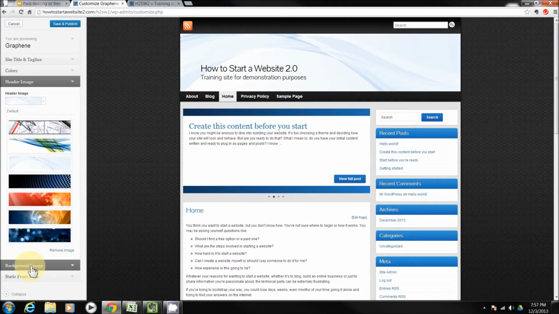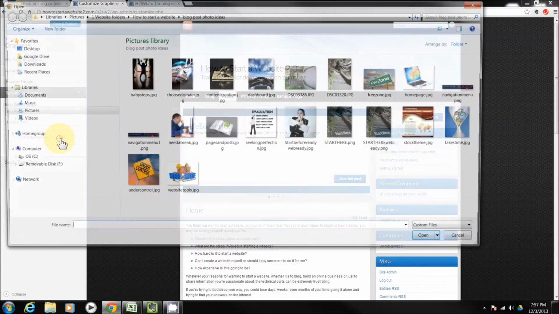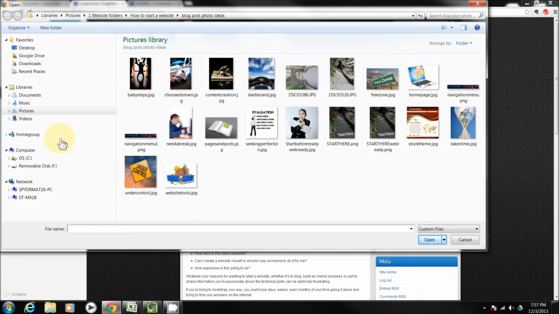All right, so we can also go down and take a look at background image, which I think is kind of interesting that it says no image, because I have to wonder what this gray is if it's not an image. So let's see what happens if we select